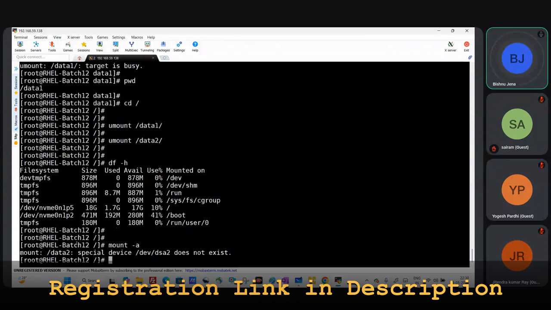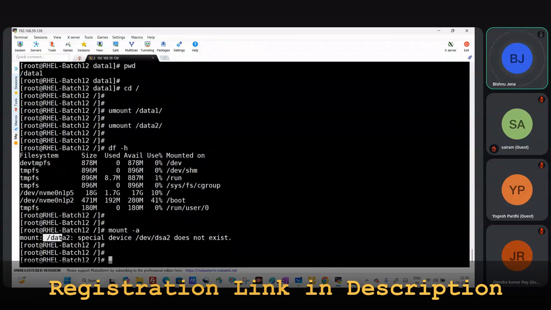You can see here it is showing: data2 special device /dev/sda2 does not exist. You can see there is a spelling mistake, and I did this mistake